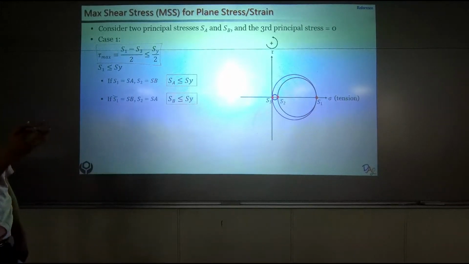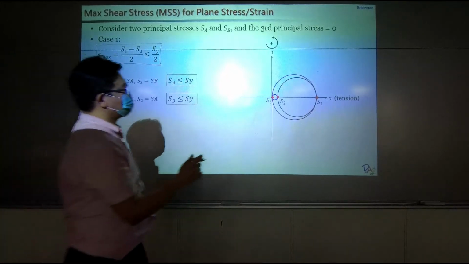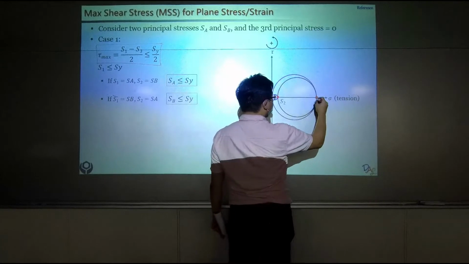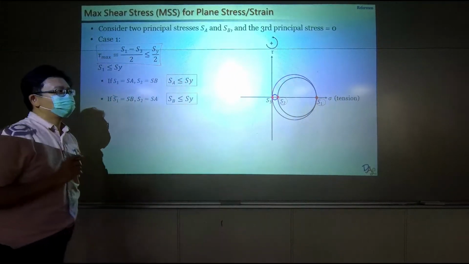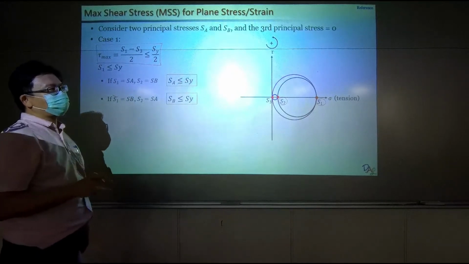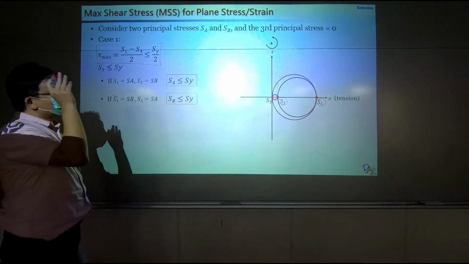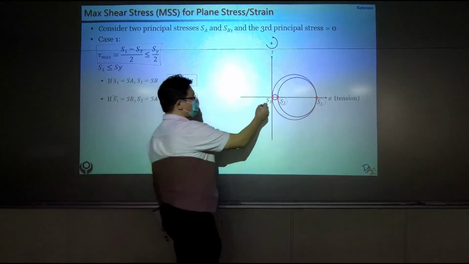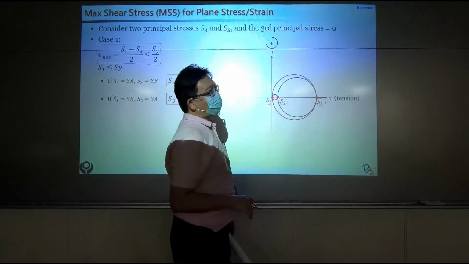Remember, our third principal stress is always 0 because this is a plane problem. In this particular case, two of your principal stresses are both positive. But because there's no stress in the third direction, if you still plot it out in this Mohr diagram,